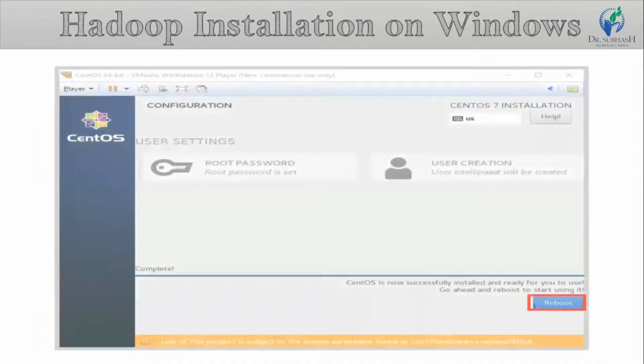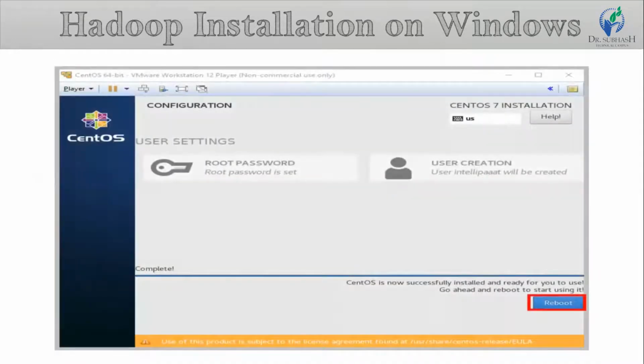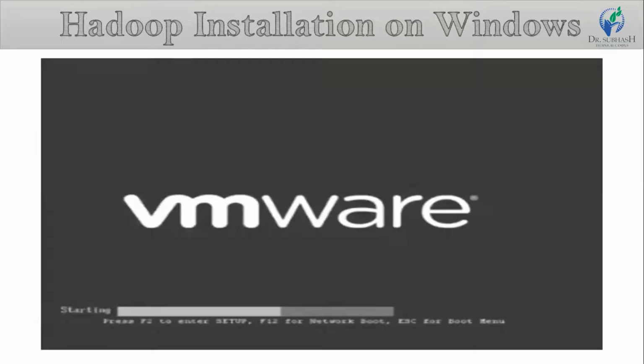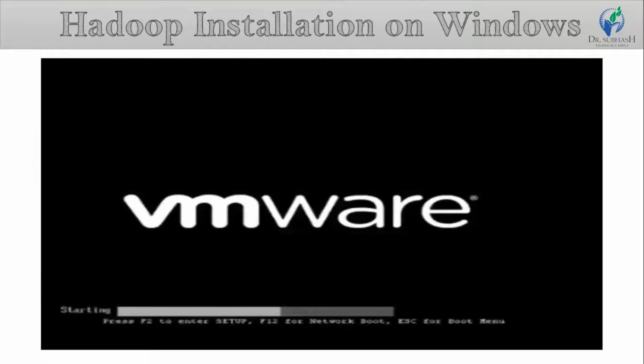You will see the reboot button as seen in this image when your installation is done, which takes up to 20 to 30 minutes. In the next screen, you will see the installation process in progress.